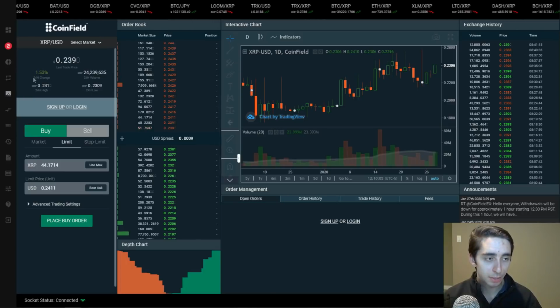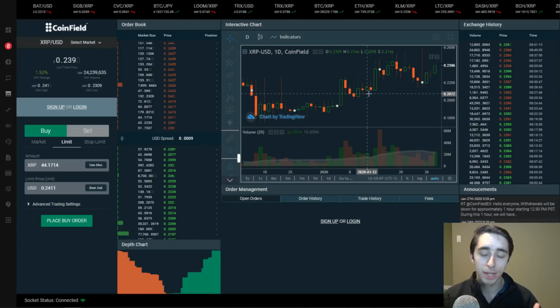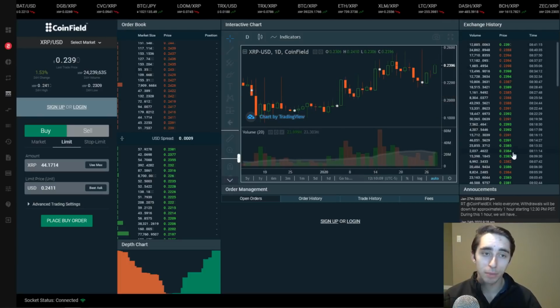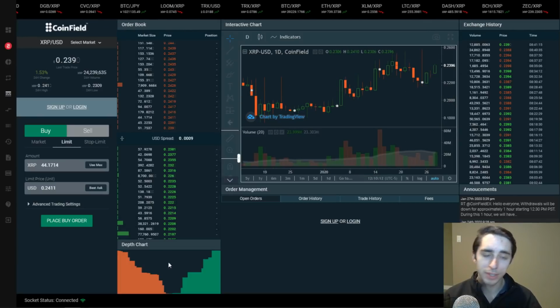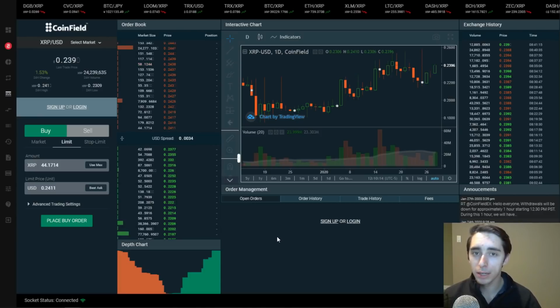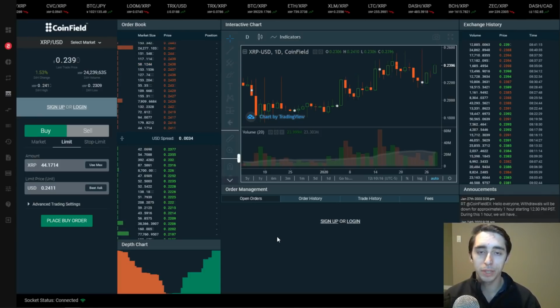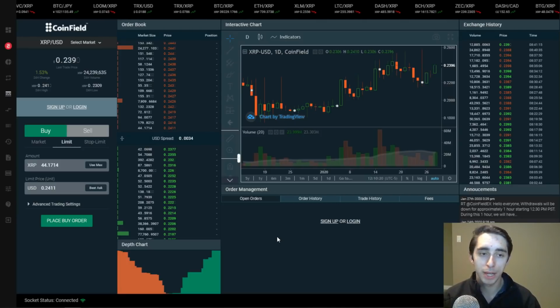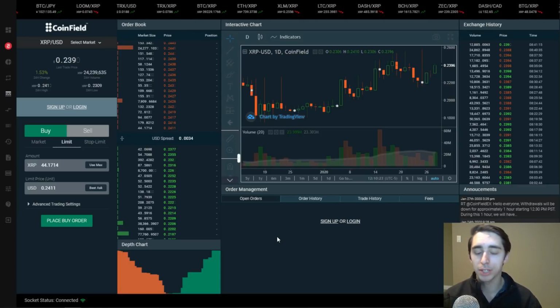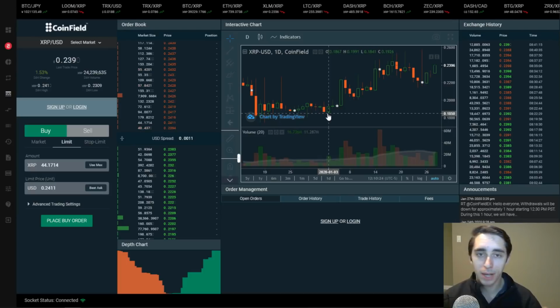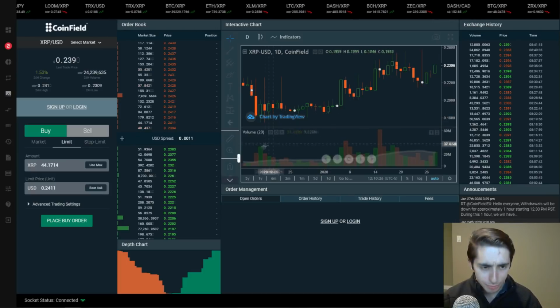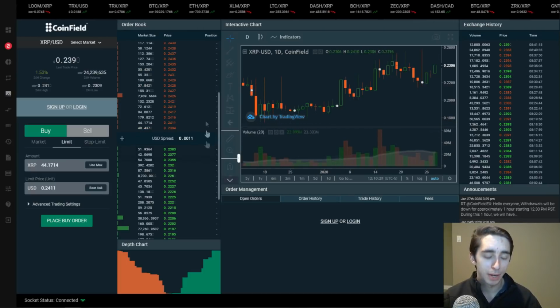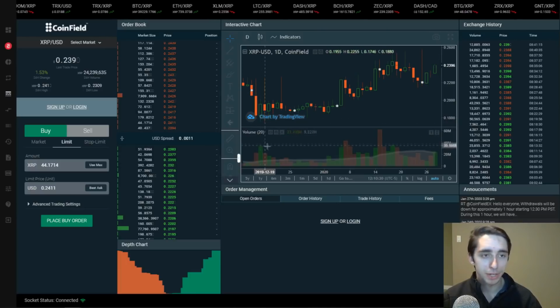You can see not only the percentage change here over the last 24 hours, you have a TradingView chart, but you've also got previous trades being made, the order book, the depth chart, everything you really need in a trading platform. And I think they've done a really good job. This is why I think they've been able to pull in an average rate of about $20 million in daily volume, because they have a nicely functioning exchange here. They stick with the TradingView API. I love the design of TradingView. You can get real-time price data on not only the order book here, but also on the actual direct price.